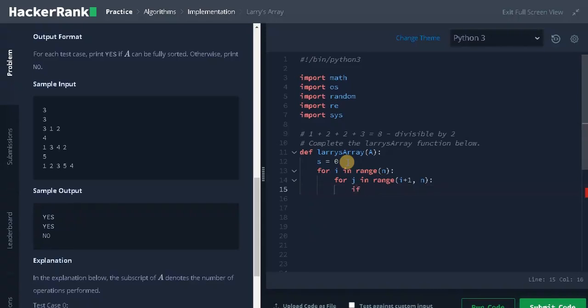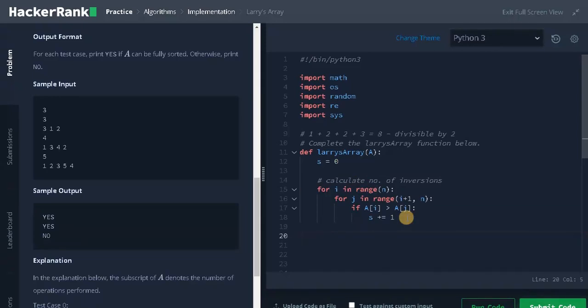So if a of i is greater than a of j, we will increment s by 1. s represents the number of inversions. So this loop will calculate the number of inversions.